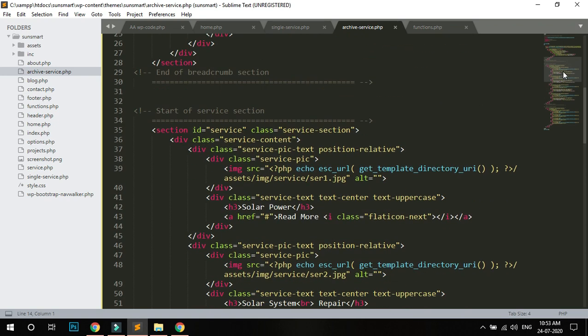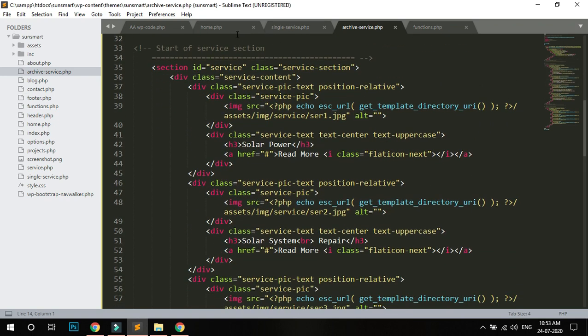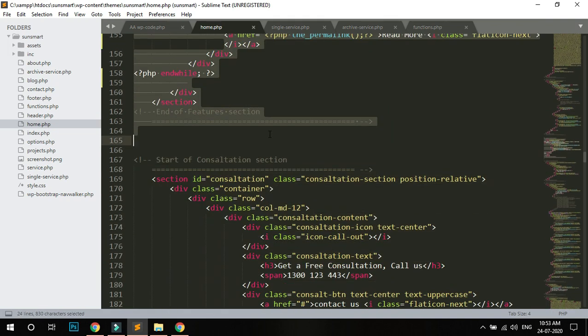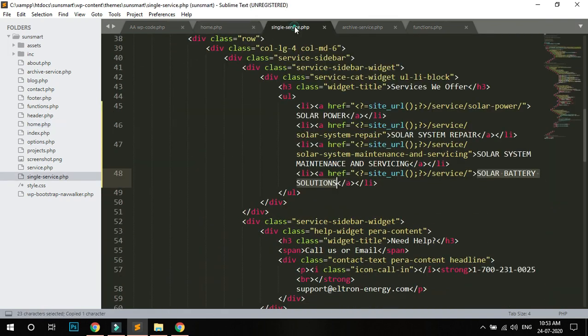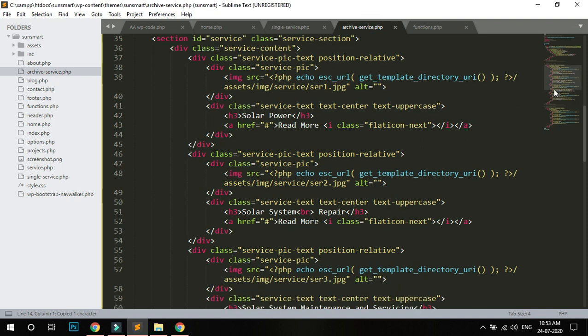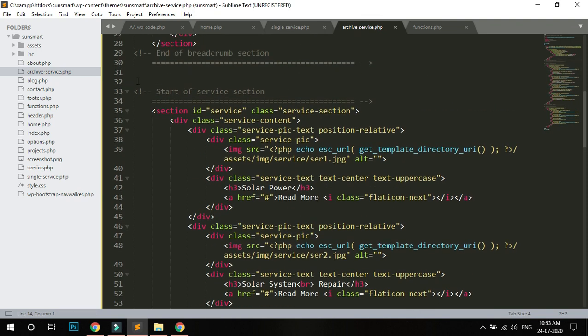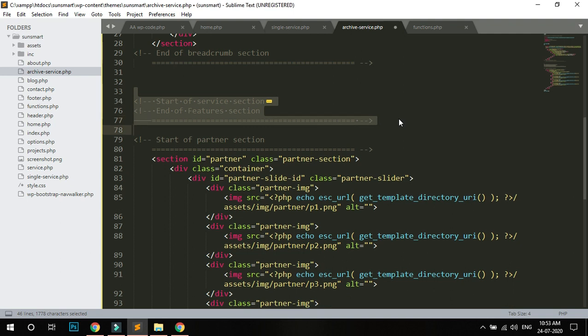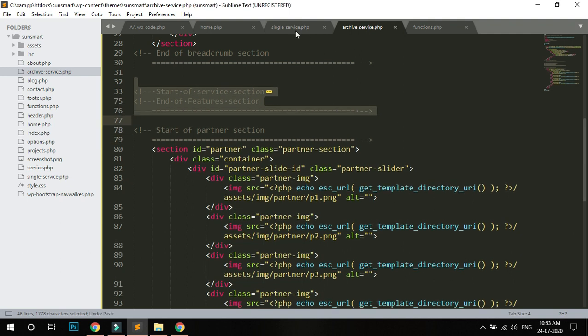Okay, and what I do, go to the home page and copy this service page section, copy and change here.